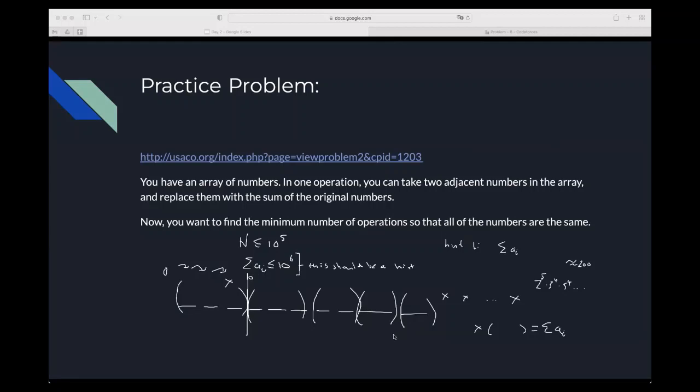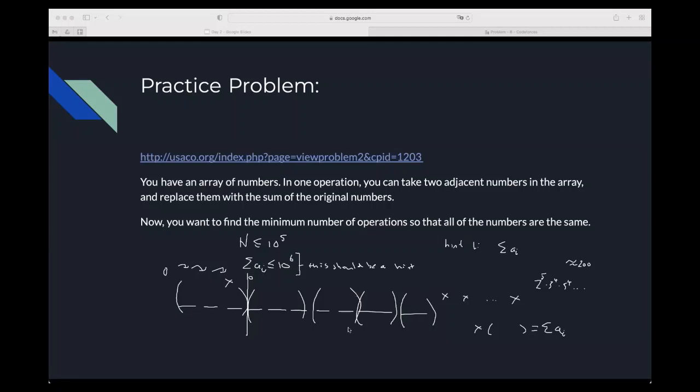So at the end, you'll have a bunch of numbers that are the same, and let's call that number x, right? So when you do that, you can basically check if the sum is equal to x. If the sum is equal to x, then you make it 0, then you do it again. And then whenever you go above x without being equal to x, then basically stop. And the solution is basically to just try a bunch of different x, and you just find the maximum possible